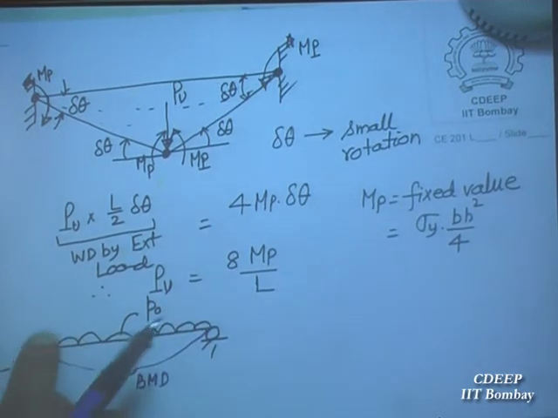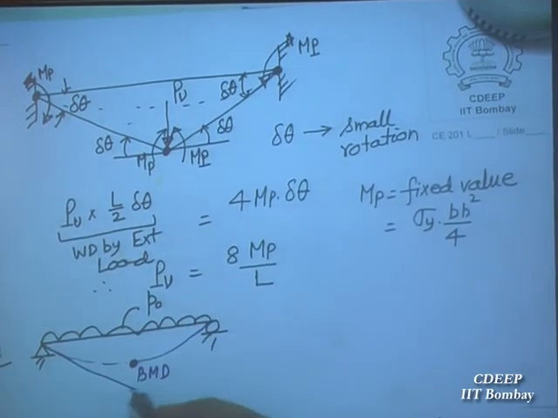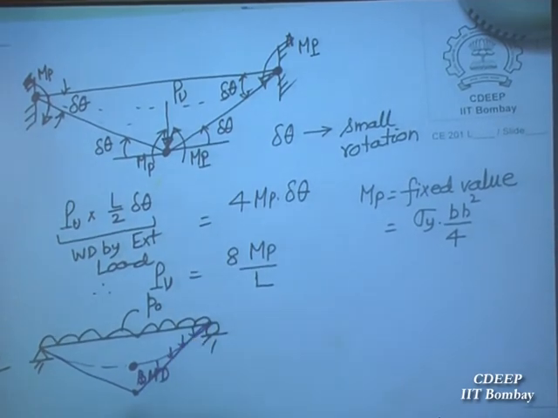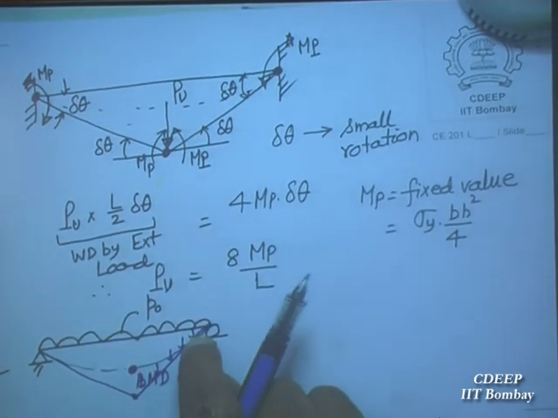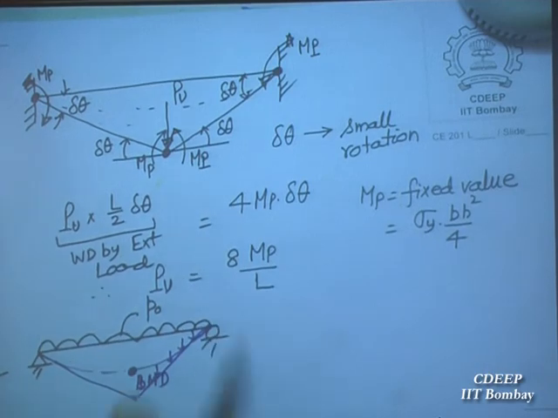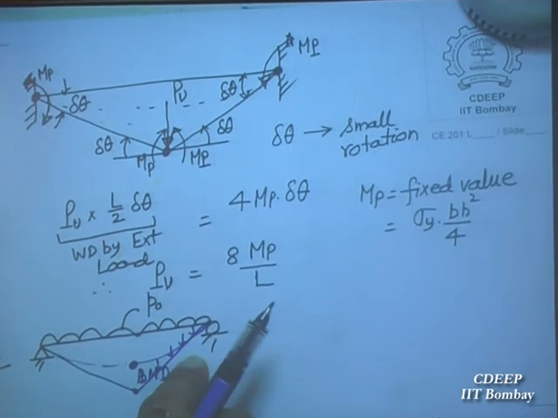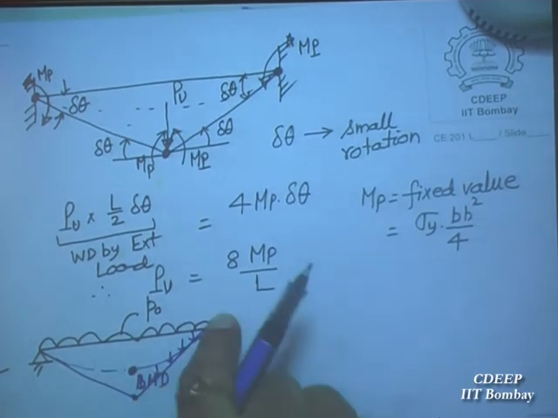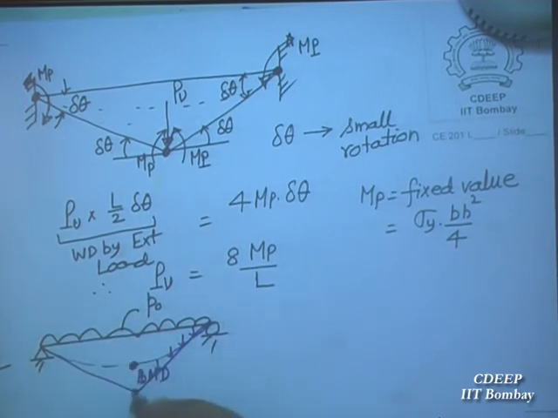then you have to find out the work done by this distributed load when it takes this shape, because all the distributed load has not moved equally. This part has moved less, this more, but they are all linear. So you can find out the work done. Slightly one degree difficult, but it is solvable by you. If you have crossed JEE, then this is not a difficult problem. Work done by P naught. So find that out, and then relate this to 2 MP here.